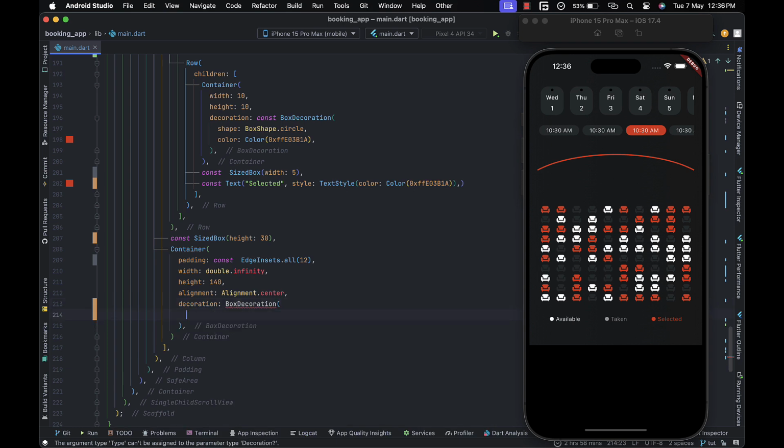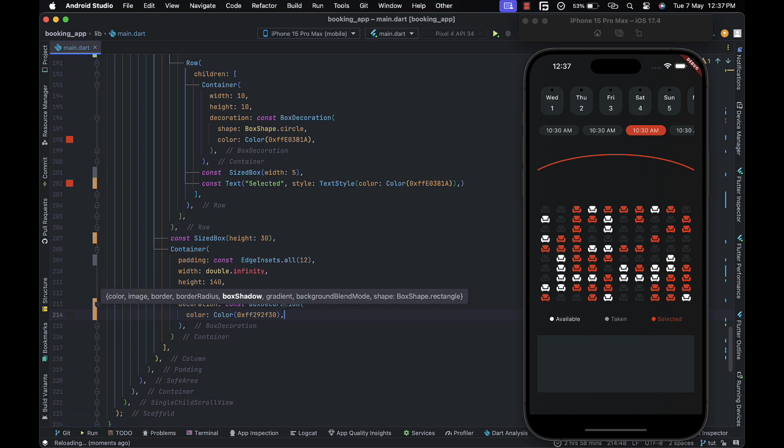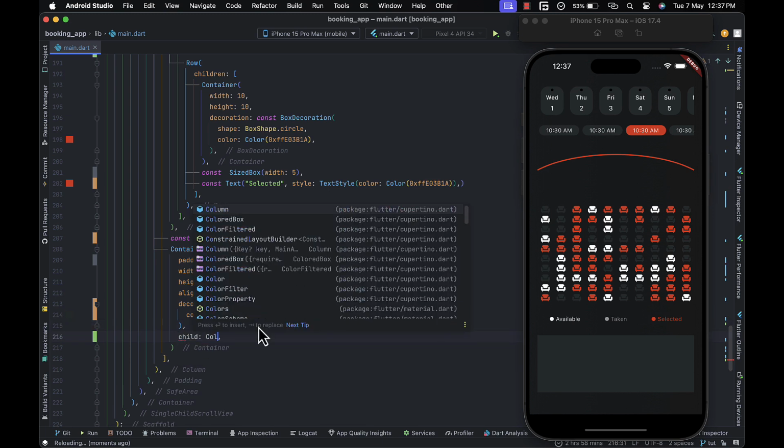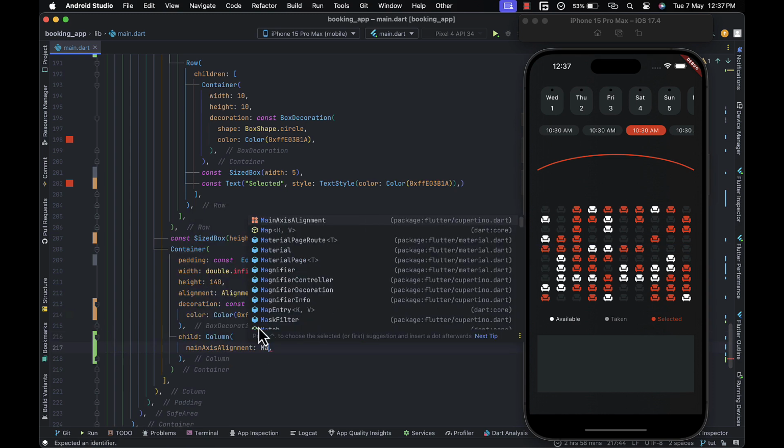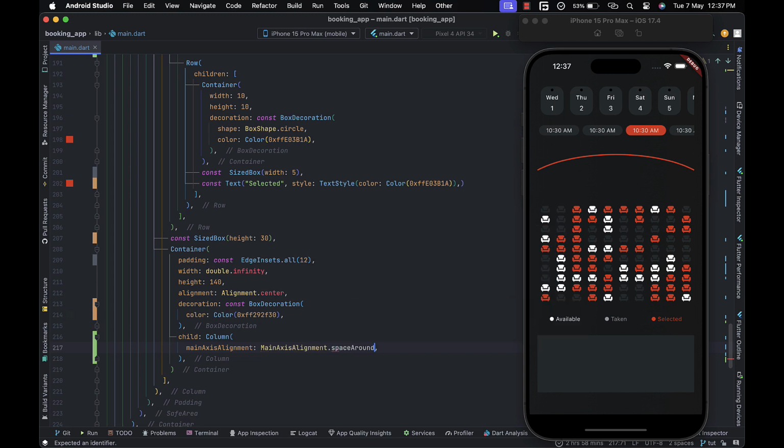So the decoration of this container, we'll provide a color over here. The color is going to be a hex value. So I'll type that in. So the child of this container is going to render a column, where you can specify a list of widgets in a vertical manner, right? So with that, let's set the main axis alignment to be MainAxisAlignment.spaceAround, and also with the children,